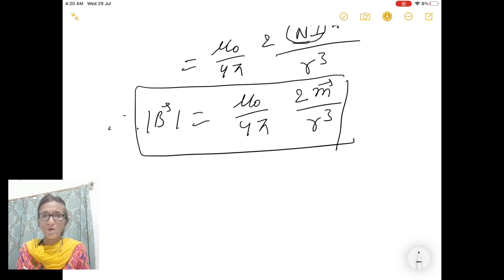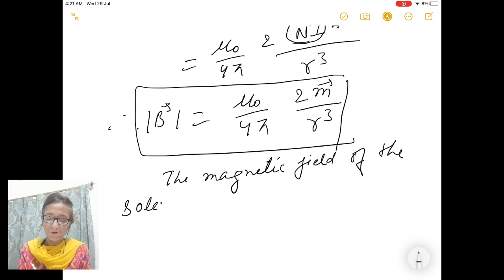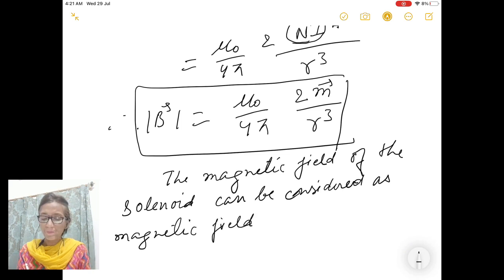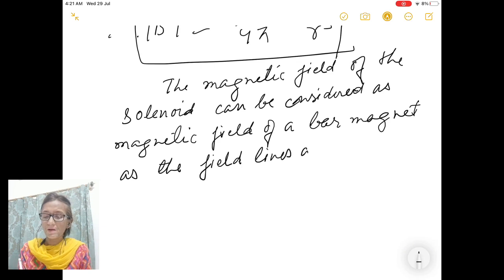and the same is the magnetic field of a bar magnet too. The magnetic field of the solenoid can be considered as the magnetic field of a bar magnet, as the field lines are similar. So I conclude